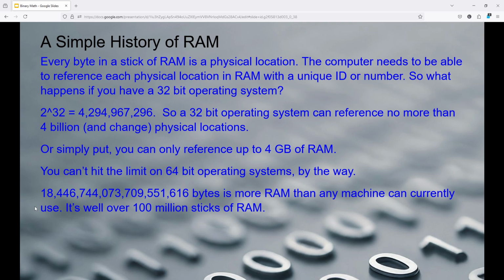So what happens if you have a 32-bit operating system running on a 32-bit CPU? It used to be that we had 32-bit CPUs. The CPUs could only process 32 bits at a time. They literally could not process more in a single operation. So what is the maximum sized number you can have with 32 bits? Well, 2 to the 32nd is